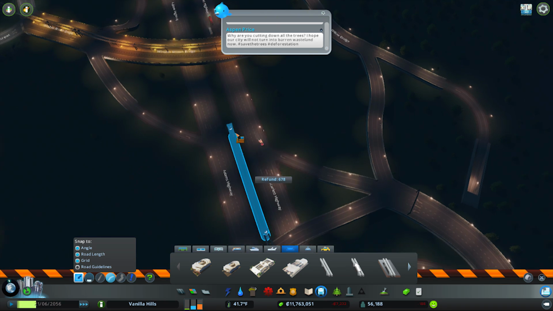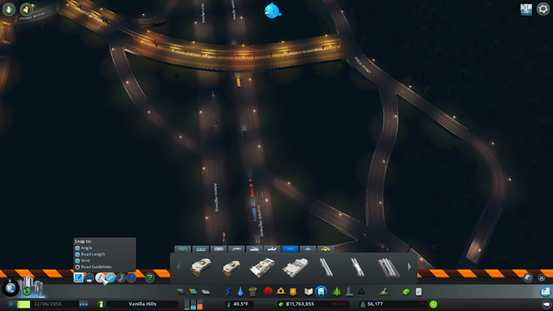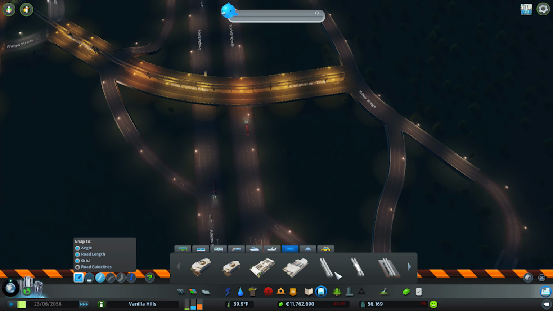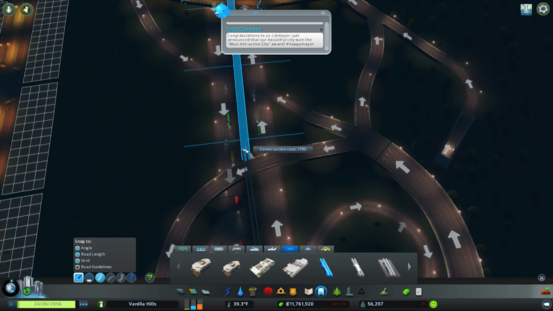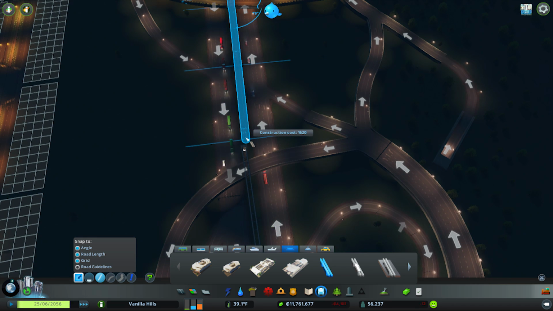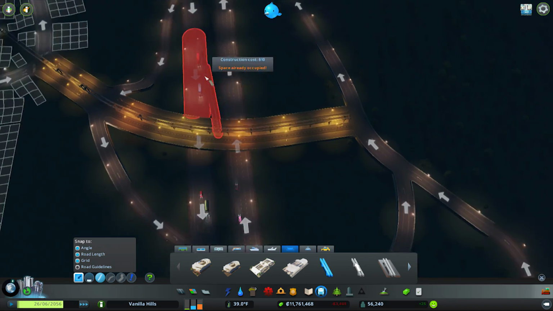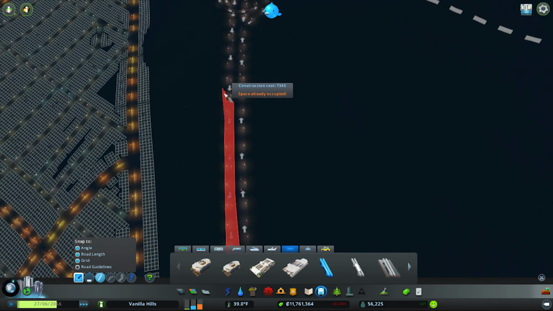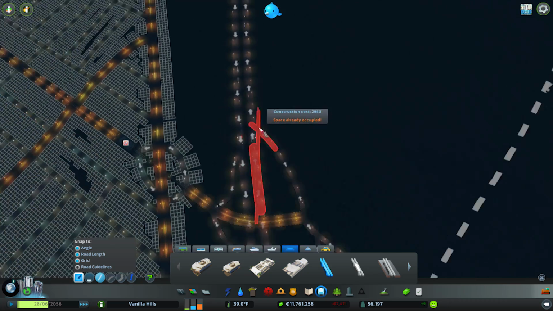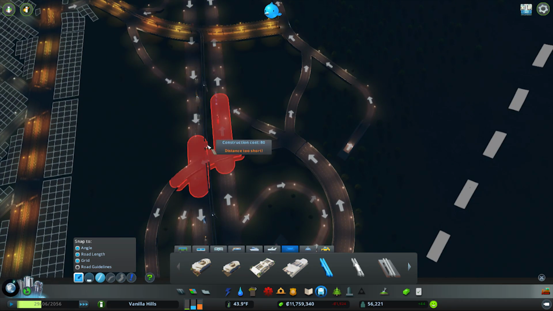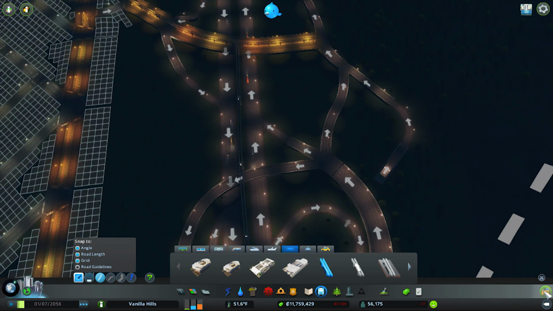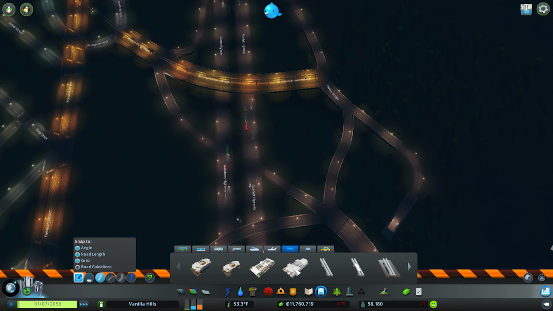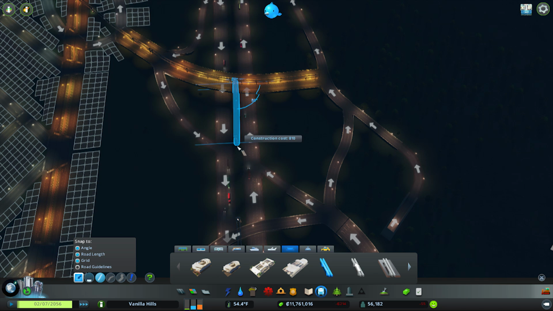So, and this is kind of the problem with not quite everything lining up. What I could do is just go straight out from there, but I really want it straight with the highway. I'm not sure how to get that. Well, the highway starts curving up there, so it doesn't matter, I don't think. So, you know what, we'll just do that. Oh, wait, no, that causes the same problem that we just had. So never mind. We'll attach it to there and have it come out to